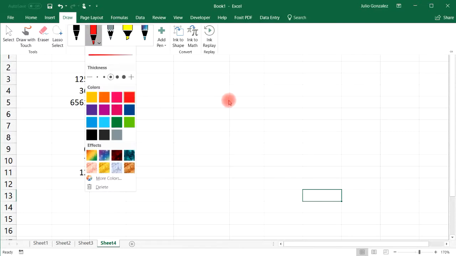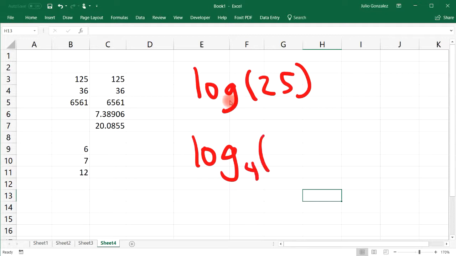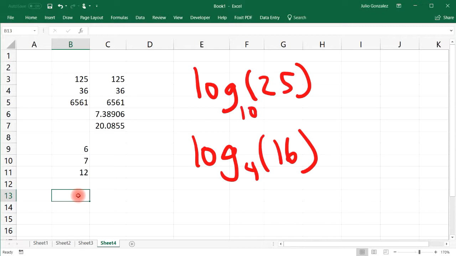So let's say if you want to calculate log of 25. Or let's say if you want to evaluate log base 4 of 16. How can you do so? So let's start with log 25. When there's no base, it's always assumed to be a 10. So you can type in equal and then log. Then you write the number is 25, and then the base is 10. So log 25 is